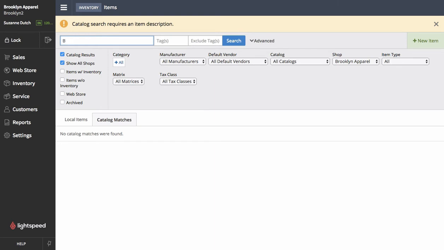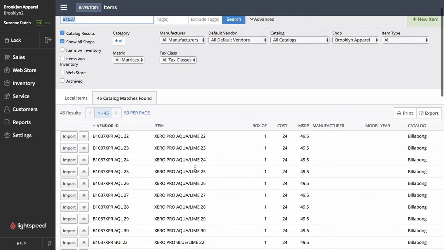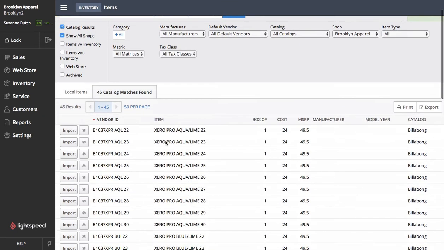So let's look up a part number I've got offhand here, B1037. It looks like this is a Zero Pro Aqua Lime pant that you can get from Billabong. It yielded all 45 results that have this code within their vendor ID. To pull from any of these items and create a SKU in my database, I simply need to click import. So if we do that on the second line here, let's say,